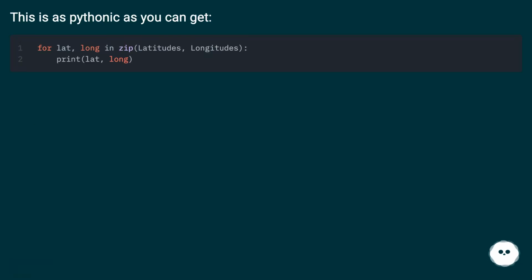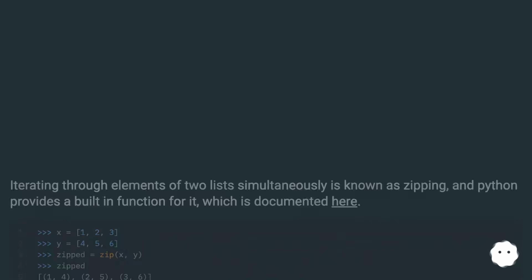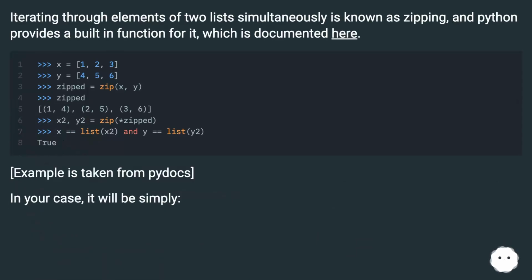This is as Pythonic as you can get. Iterating through elements of two lists simultaneously is known as zipping, and Python provides a built-in function for it, which is documented here. Example is taken from PyDocs. In your case, it will be simply